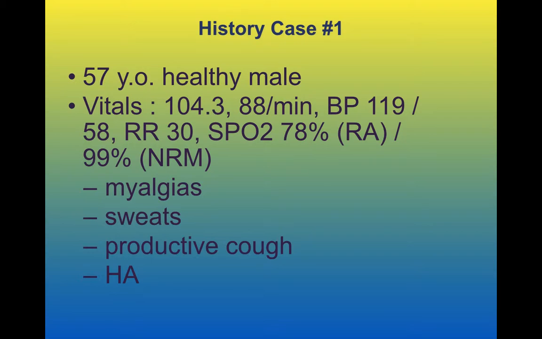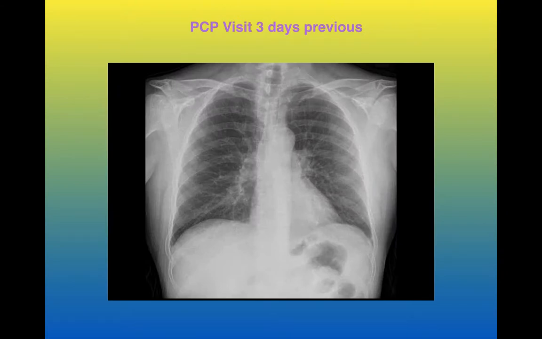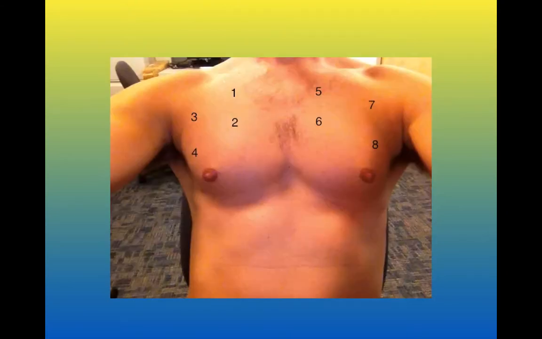He complained of sweats, productive cough, headache, kind of vague viral syndrome complaints over the last few days. He'd actually seen his PCP 3 days before and had an X-ray, which was normal, for a cough. This was his X-ray 3 days before. So he came in, and just to go over quickly